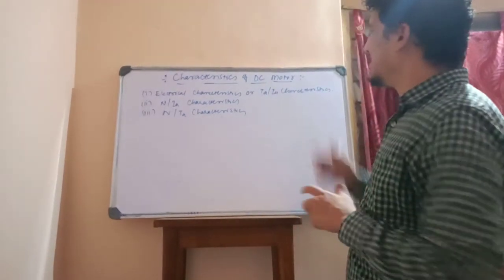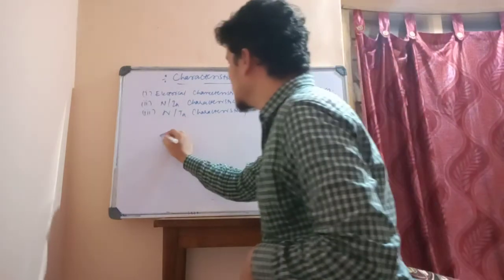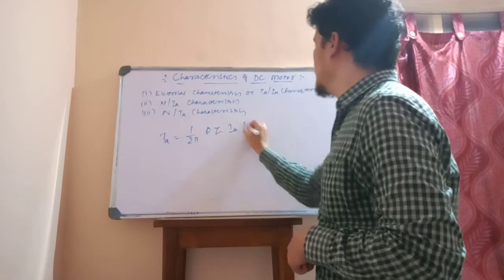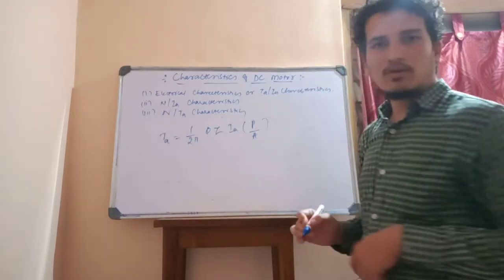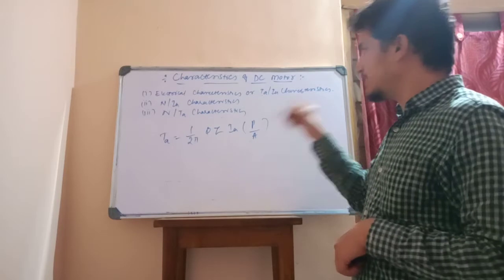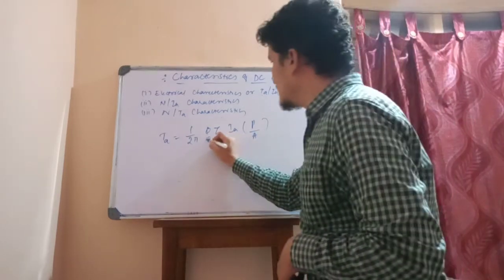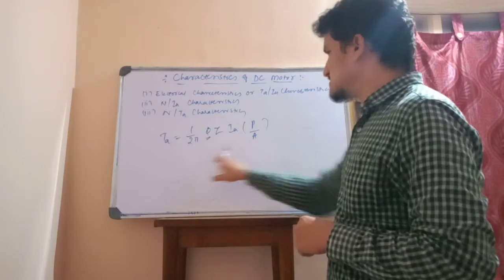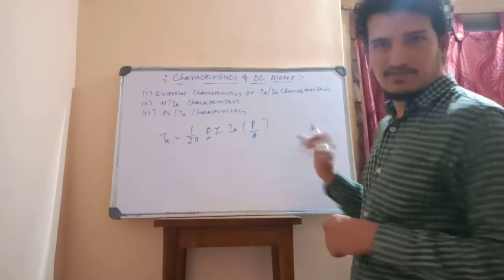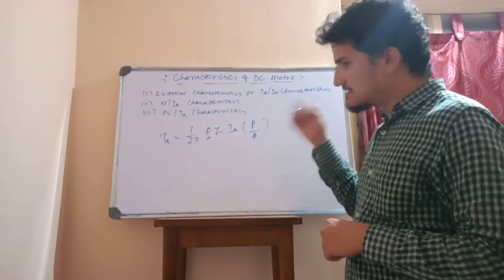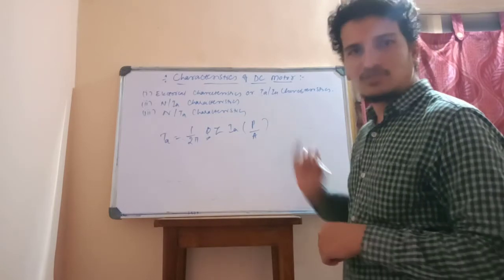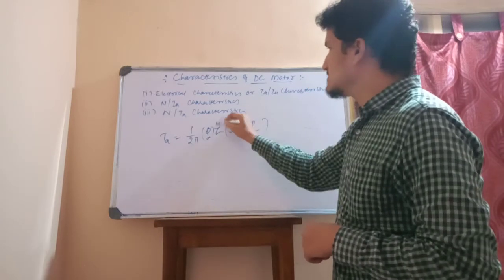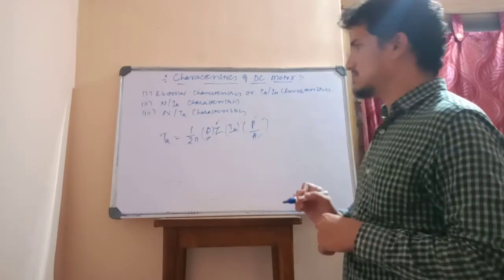See now, the TA versus IA characteristics. What is the torque equation? We know the torque equation is 1 by 2 pi into phi Z into IA into P by A, right? So in a series motor, as I told, as you change the load, the series current also changes because it comes in series. IA is equal to ISE is equal to IL. So if you change the load, phi also changes. So it is a variable. IA is a variable, Z is constant, P is constant, A is constant.